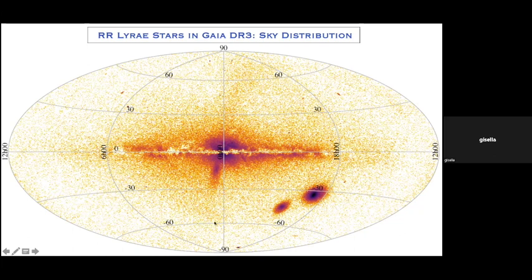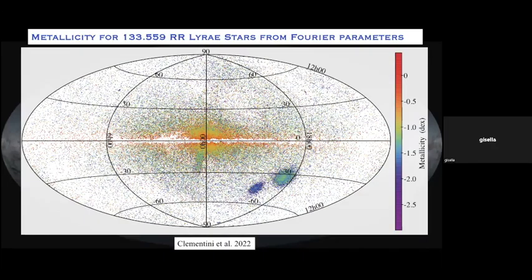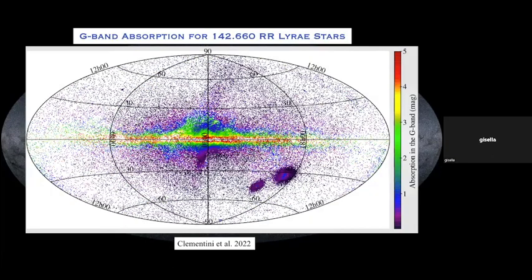Those are other systems like dwarf spheroidals. And for globular clusters, there are 95 globular clusters with RR Lyrae in this map, and 7 dwarf spheroidals and 16 ultra-faint dwarfs. The metallicity map that we derive for the RR Lyrae, and the absorption map. So all this information can be used to help LSST to do the identification and classification of